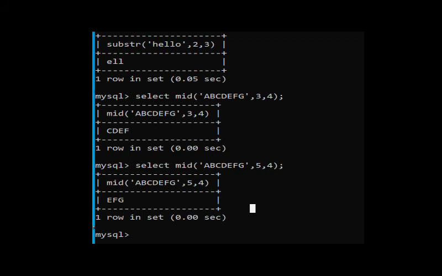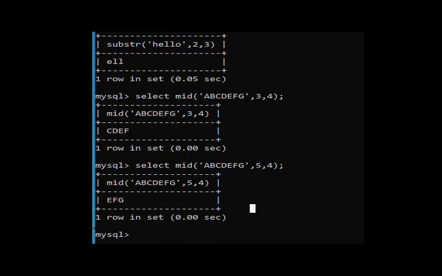Select mid of, you're using the mid function here. The third example I am explaining, the second one we already saw. Mid of ABCDEFG, 5, 4. So you have to start from 5. The position should start from 5 and you have to take 4 letters from that 5th character. So in ABCDEFG, what is the 5th character?